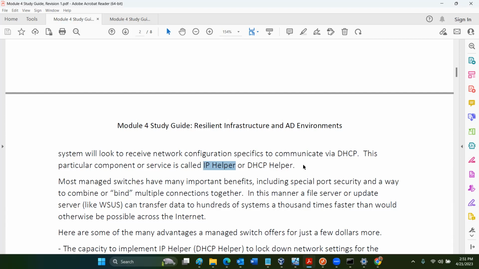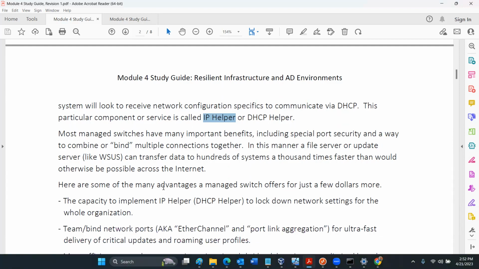This DHCP system. So everybody has the same DNS, everybody has the same gateway, you have a lot more control over what's going on, instead of people just using a cheap switch.